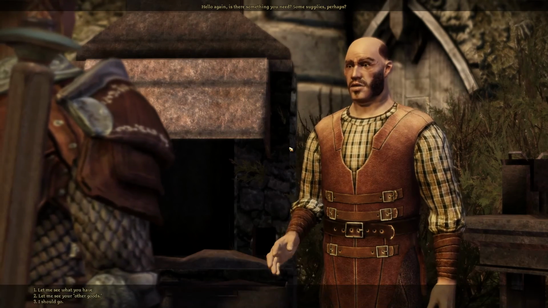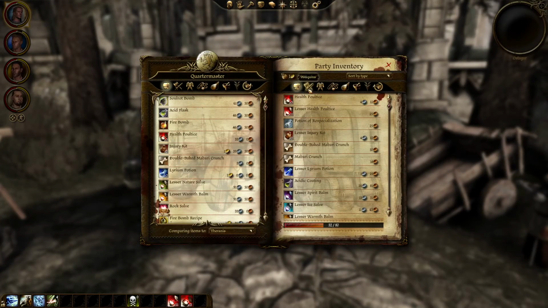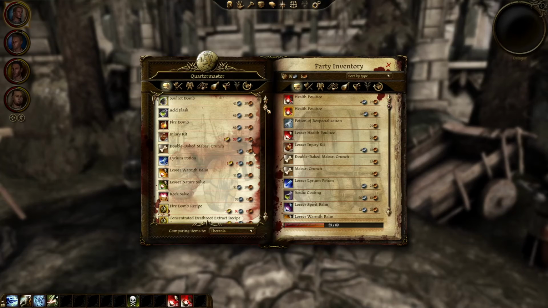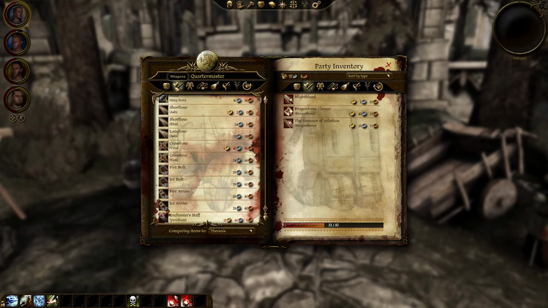Hello again. Is there something you need? I never really understood what you meant. So long as I mean, you do get different... Oh, okay, so 3 actual competent health potions. Let's see here. Like, why is that other goods? Like, why is that so illegal sounding that...